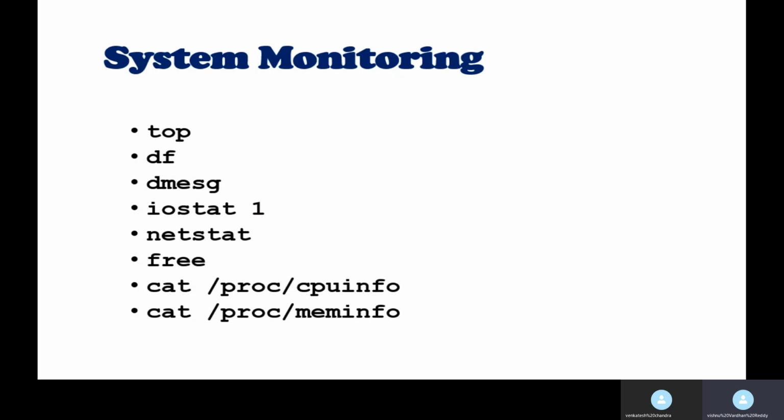free is for memory utilization, the memory usage will be displayed. And then cat /proc/cpuinfo. So what are the contents of the proc directory? The proc directory does not really exist, but you can explore it. Its files are zero length and are neither binary nor text. You can examine and display them. This directory holds all the details about your Linux system, including its kernel, processes, configuration parameters, and memory utilization. Everything is contained inside the proc directory.